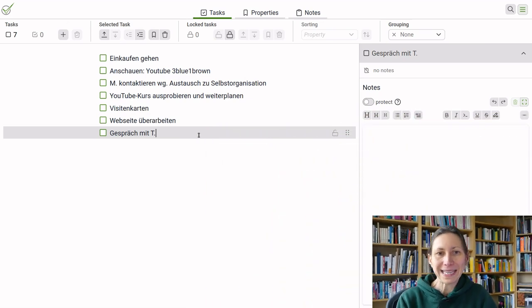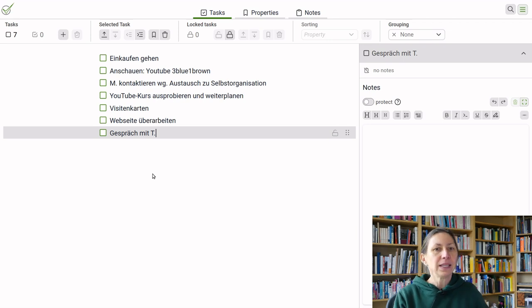So this is more or less the list I stopped with yesterday. I added a few things at the end of the day, but this is my list. And you see it's basically just 7 tasks, which is like nothing, but still this would be too much for me to start into a day. 7 tasks for one day is